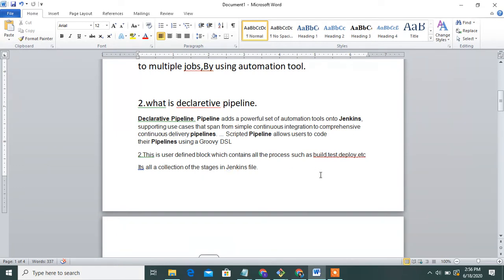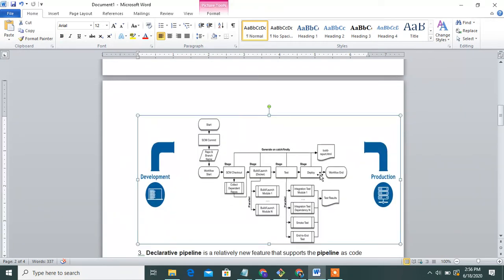Guys, what is a Jenkinsfile? A Jenkinsfile is a text file that stores the entire workflow as code. It can be checked into source code management on your local system. This is a Jenkinsfile. Guys, see this. These are the two teams, development and production. Once the developer team pushes the code, it automatically generates the archive file and deploys the file.